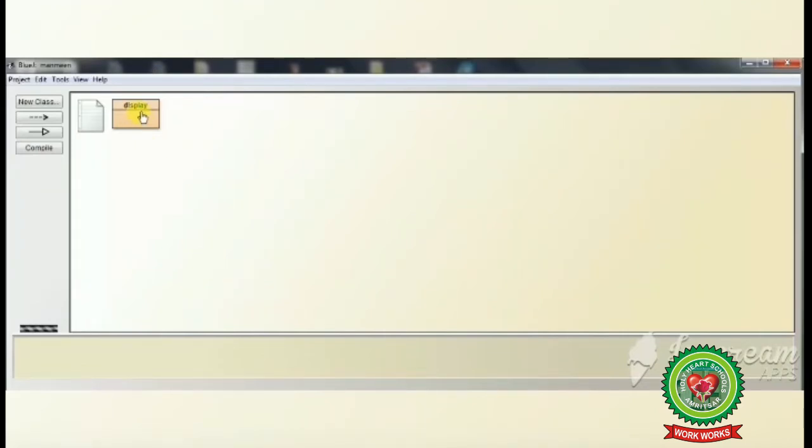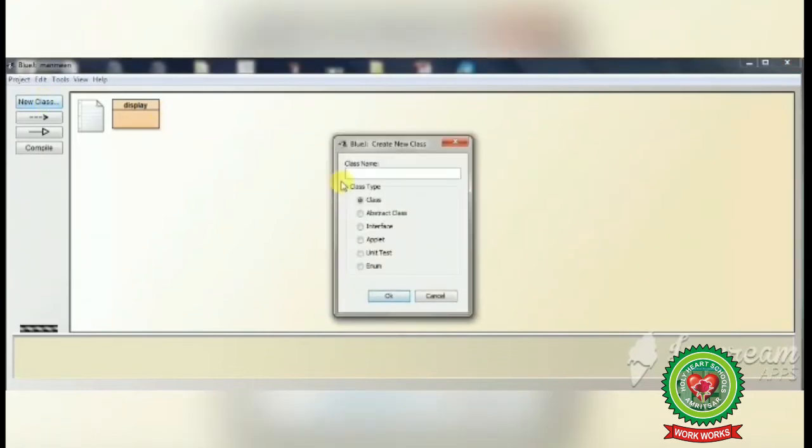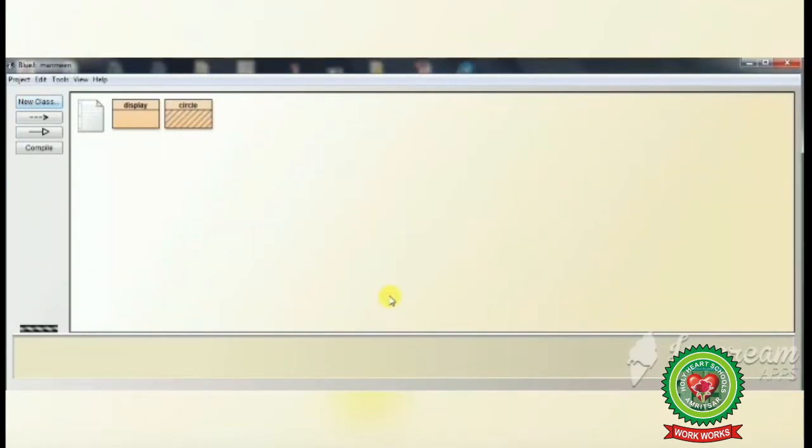You can see that our project is opened with one program that we have already created, but we have to create a new program. So we will click on new class button and write our class name. As we have to create a program to find the area of circle, our class name is circle. Click on OK button.